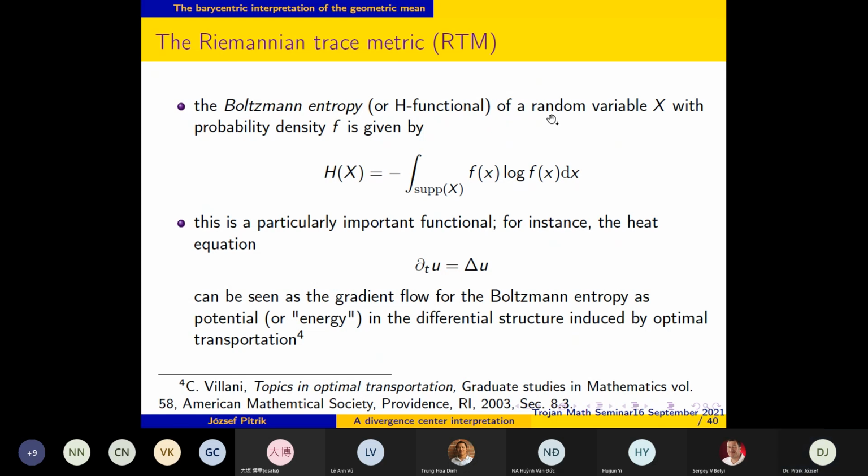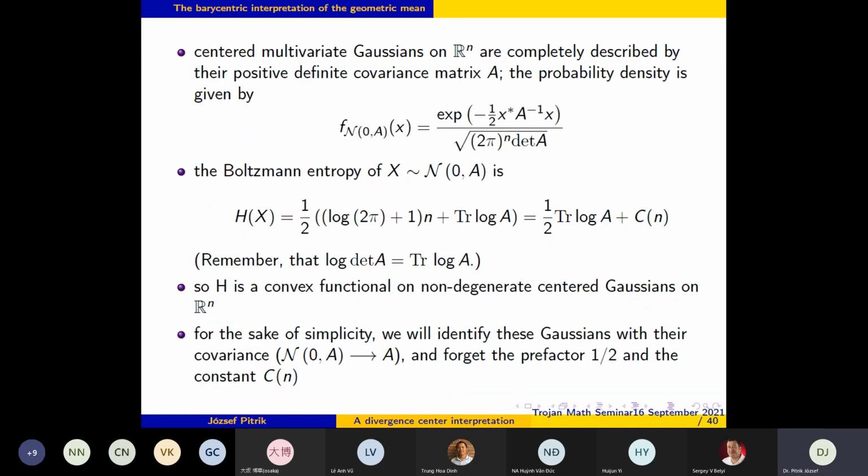A random variable X with probability density f is given, and its Boltzmann entropy is defined by this famous formula. It is also called the H functional. This is a particularly important functional. For instance, if we regard the heat equation, it can be seen as the gradient flow for Boltzmann entropy as potential. We will see that the positive definite real matrices might be considered as the variance of multivariate normal distributions,